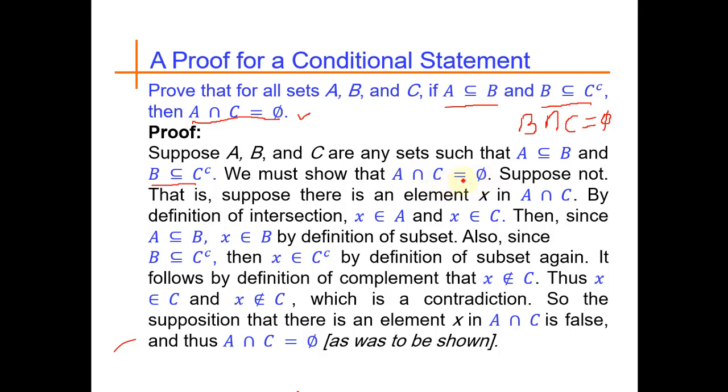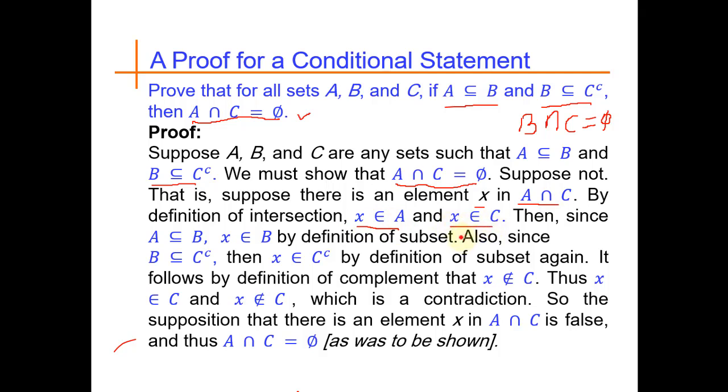और यहाँ पे हम कंट्रडिक्शन अप्लाई करते हैं और हम सपोज करते हैं कि हाइपोथेसिस में जो चीज़ें दी गई हैं वो ट्रू हैं, लेकिन जो कंक्लूजन में जो कि ए इंटरसेक्शन सी इज इक्वल टू फाई है ये ठीक नहीं है. सो वी आर सपोजिंग दैट ए इंटरसेक्शन सी इज नॉट इक्वल टू फाई. If this is not equal to an empty set then there must be an element x in A intersection C, and by the definition of intersection we say that x belongs to A and x belongs to C.